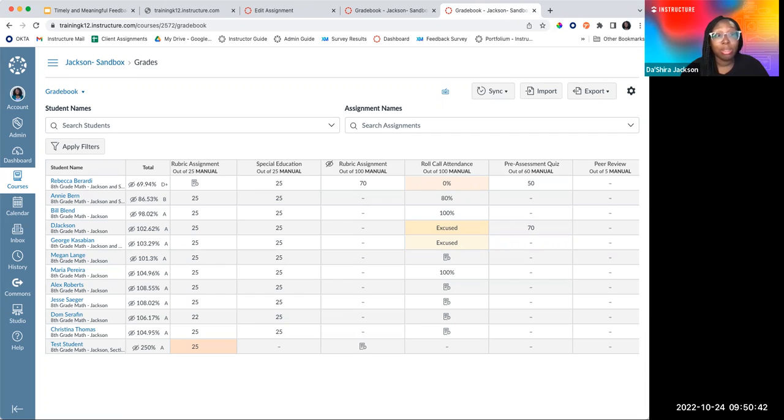Unfortunately, no. So it'll have to be the points. Whenever you set up the assignment, you'll choose how the points display, and it could be points or percentage, but it cannot be both. The only thing you can do is here in my total column, you do have the option to change it from points to percentage. That would be the only option, but on a per assignment basis, you would have to choose.